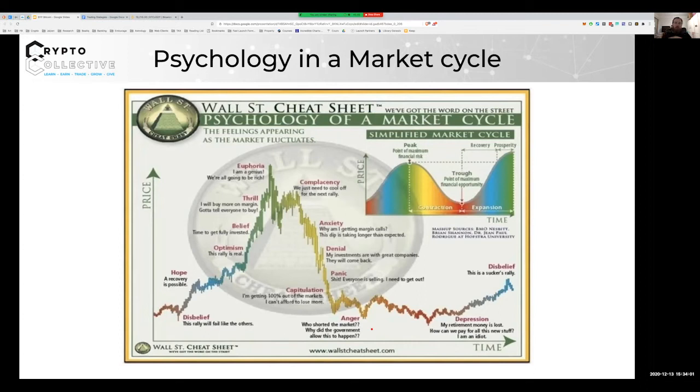And that's why we've been preaching what we've been saying for a few years now, but it's still not too late to come in and join the ride. But if you're going to join the ride, you must have your psychology in check, because I can guarantee you, I don't care how strong-minded you are, maybe you're much more strong-minded than me, but if